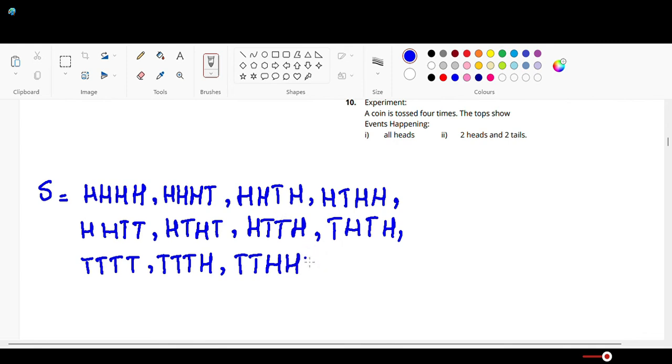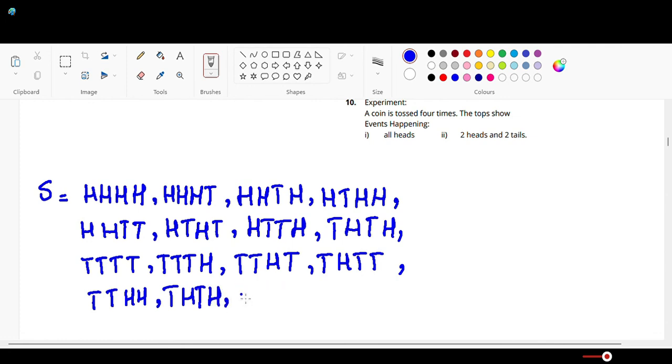Oops, what am I doing? I mean, this is a possibility, but not right now. I don't think so. A head, a tail, and then a tail, a head, a tail, tail. And then, yeah, we could also have, what else is a possibility? We could have a tail, a head, a head, a tail, head, tail, head, a tail, head, head, tail,